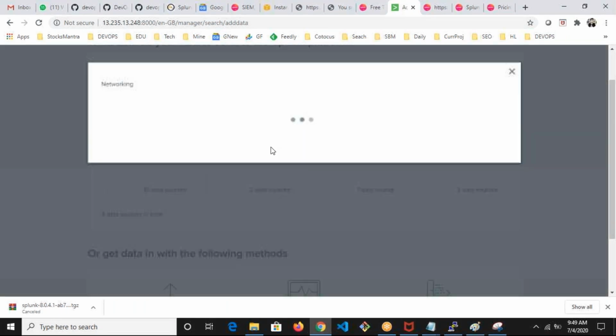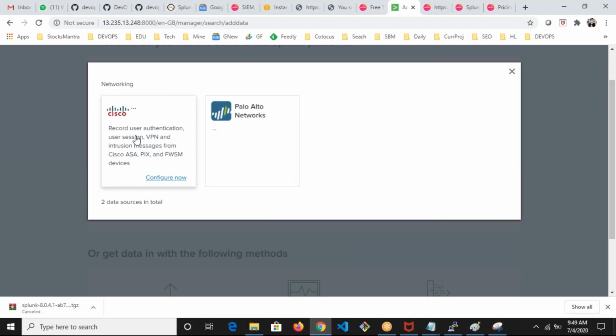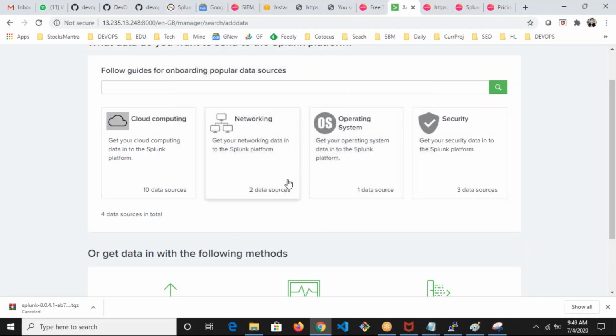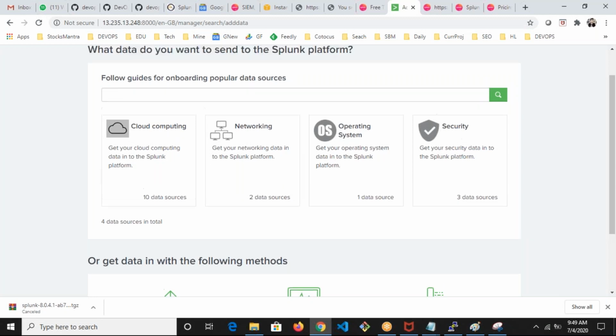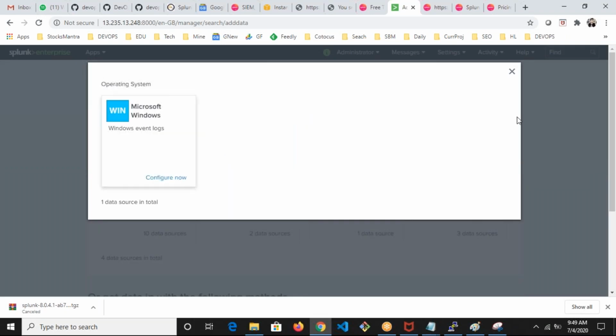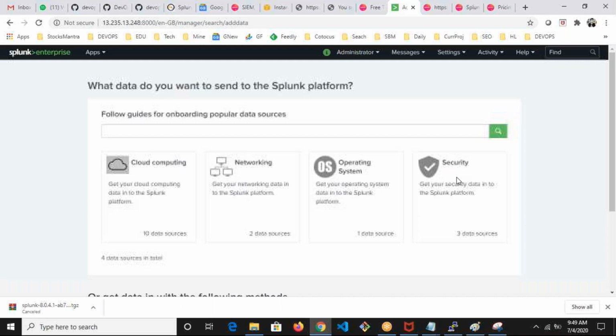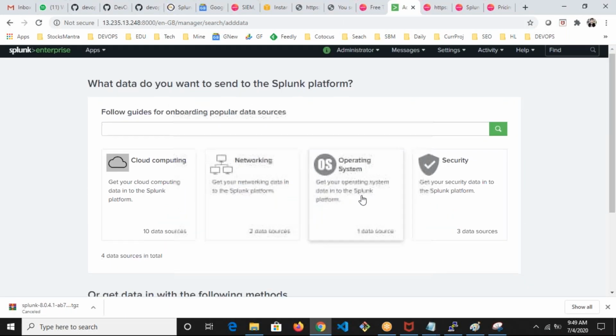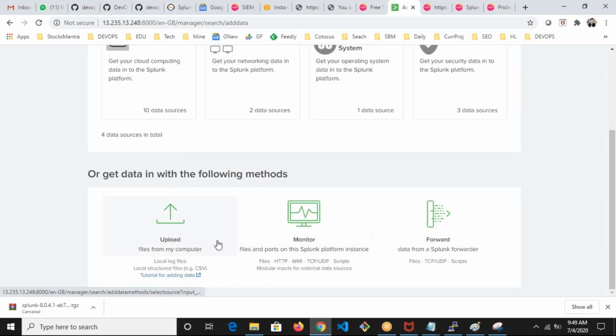Now again, networking: two sources of data, so it can monitor Cisco and Palo Alto also. Again, let me tell you, if your application's networking is not there, you can install more apps. For operating systems, Microsoft Windows you can monitor, security and all. So many things you can monitor. Right now, because our purpose is to learn Splunk, not how you get data, because there are so many ways you can get the data,